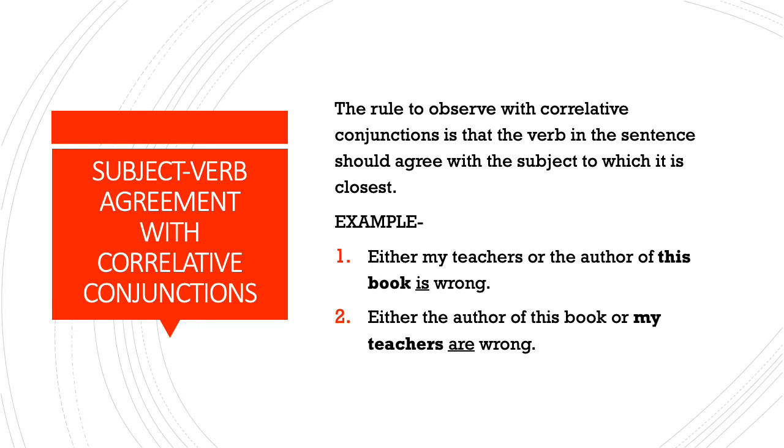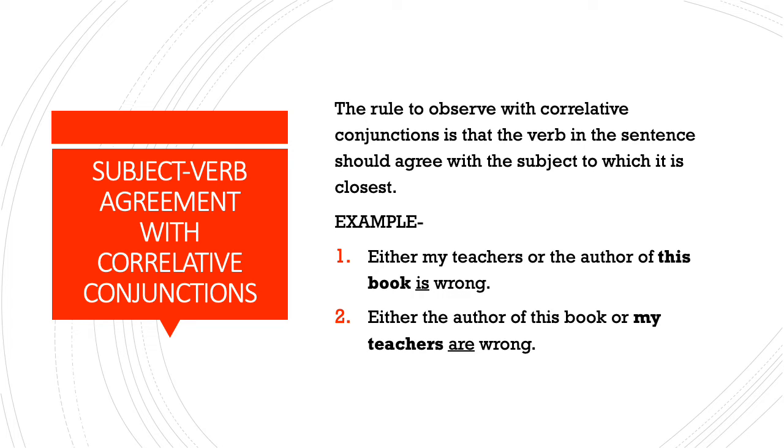Now, one thing which you have to remember regarding correlative conjunctions is the subject verb agreement. Now, what is subject verb agreement? Subject verb agreement is when you are using a singular subject, the verb should also be singular. When you are using a plural subject, the verb should be plural. So, this is the simplest way in which subject verb agreement can be understood. Now, just remember